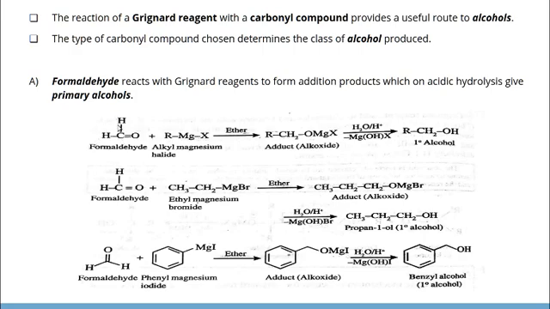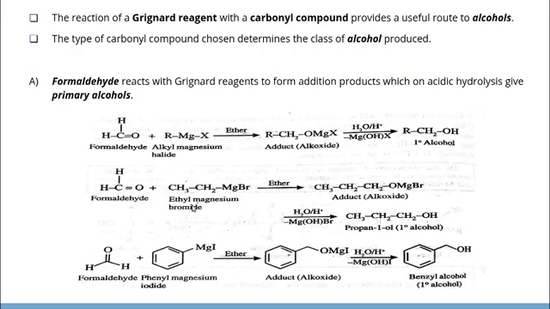Here we have formaldehyde which on treating with Grignard reagent, that is alkyl magnesium halide in ether medium. First we will get an alkoxide, that means R will add on to this carbon and then MgX plus adds on to this oxygen, we will get an adduct alkoxide, which on acidic hydrolysis we will get a primary alcohol. That means this part becomes OH and then MgOH molecule will get eliminated.